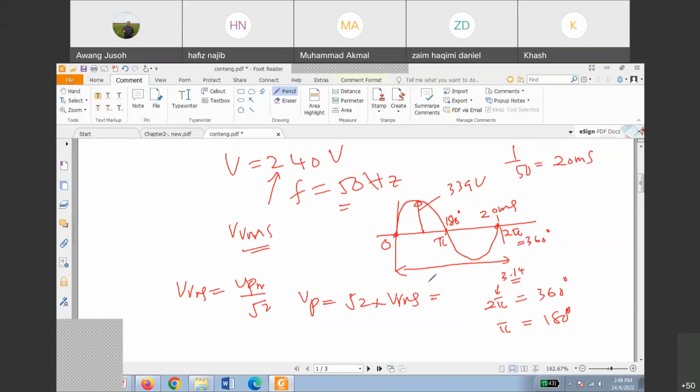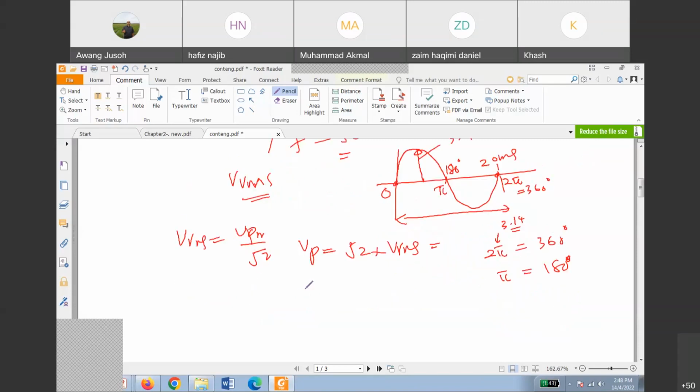There is a relationship between radian and degree, so later on, if there is a conversion, you need to know it. If you forget, just remember this: one complete cycle equals 2 pi equals 360 degree. Then you can do the conversion. For example, to find how much 30 degree is in radian, take 30 degree divided by 360, multiplied by 2 pi. Then you get 30 degree in radian. That is how to do the conversion.